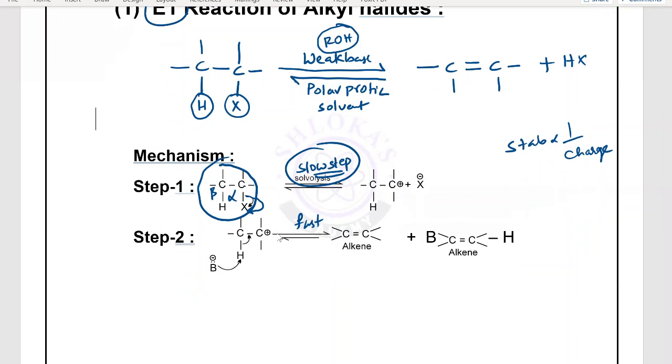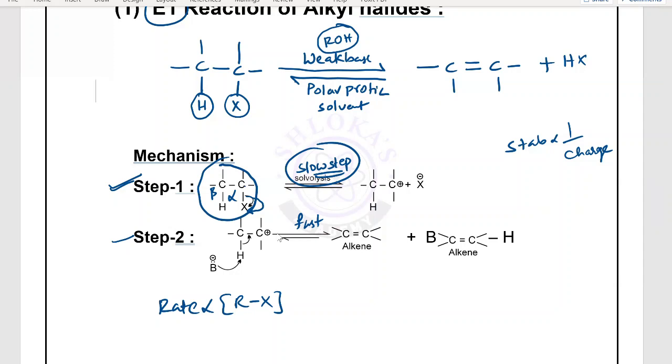Now, in this mechanism, how many steps are there? Only 2 steps. If a chemical reaction takes place in more than 1 step, the rate of such a reaction always depends upon the slowest step among all steps. So what is the slowest step here? The first step, formation of a carbocation. According to that, I can write that rate is directly proportional to the molar concentration of alkyl halide, because the rate depends only on the alkyl halide. It is not at all affected by the base or solvent, whatever we are taking.